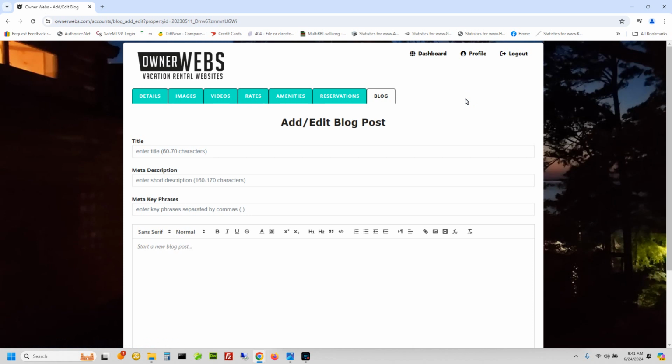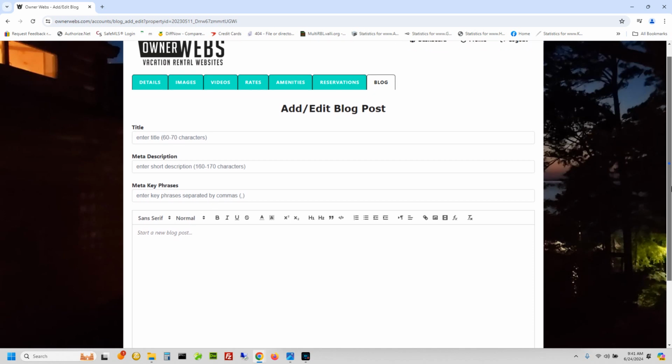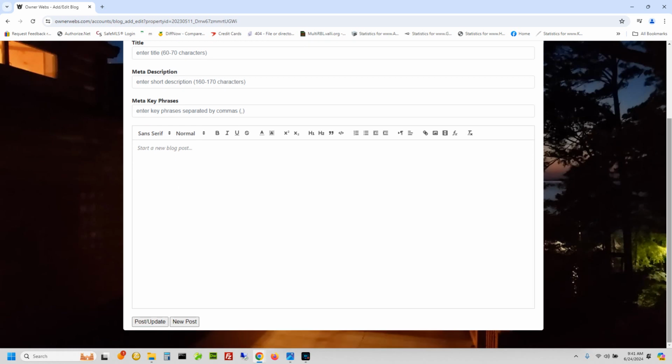form you're filling out where you make a title, you make a short meta description of the blog, you put some key phrases in there, and then you say what you want to say in the blog window there. And it's got a little bit of rich text editing there where you can actually put images in, you can upload some video to it, change your font, put some colors on it, just simple stuff. We're trying to add content here and try to minimize all of the complexity while maintaining a few bells and